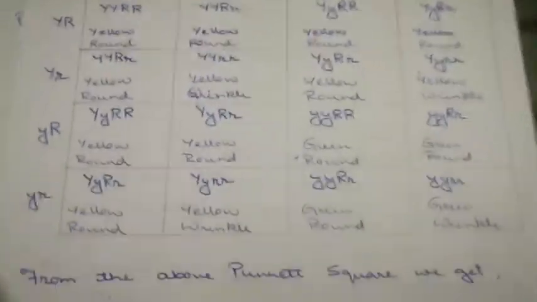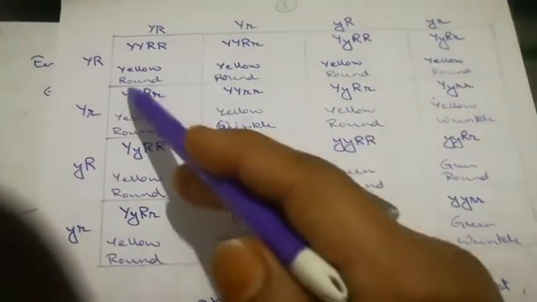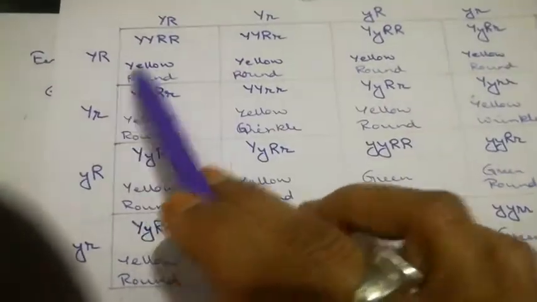Now, we will put these gametes in the Punnett square. The Punnett square consists of 16 boxes. Here we will put the male gametes and female gametes on both the sides, and we will just combine them. Now, for example, you see this is capital Y, capital Y, capital R, capital R. We are combining them together, and so this is like this. We will make all the gametes. We will complete the checkerboard.